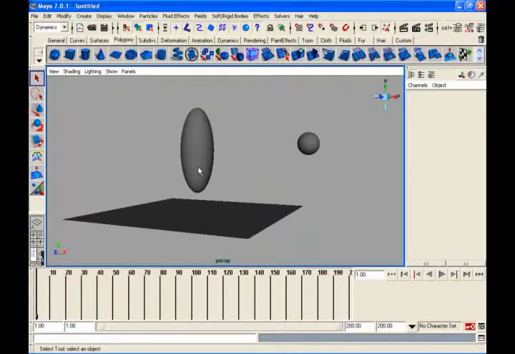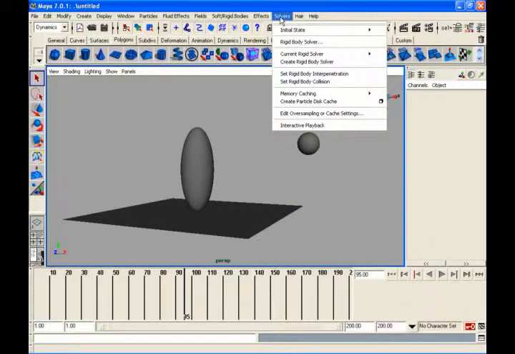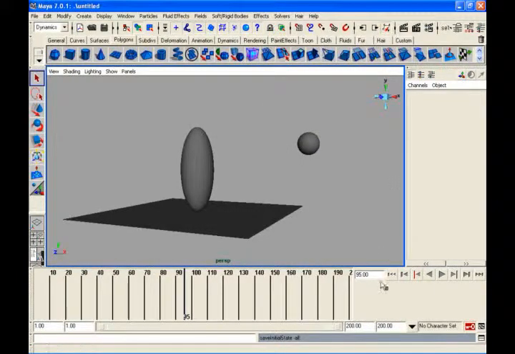So what I have to do is just go to Solvers, Initial State, Set for Selected, meaning whatever you select, the same thing will be saved, or else you can say Initial State, Set for All Dynamics. This will save your initial state, meaning it removes the simulation forward, and from this frame only it will start the simulation. It's settling, and after settling, everything is calculated properly. So that's the thing.